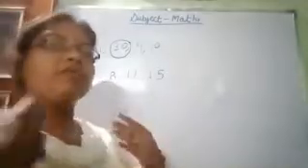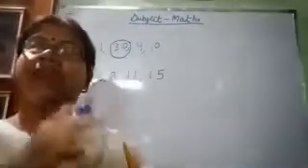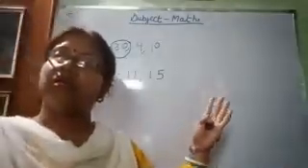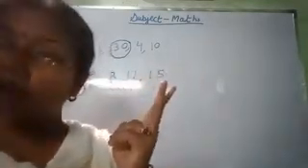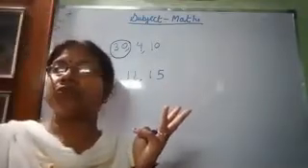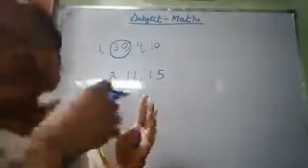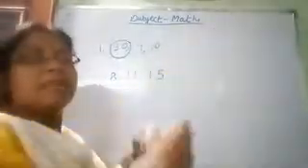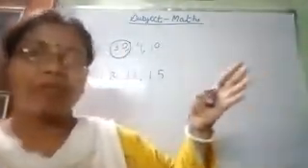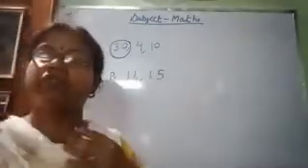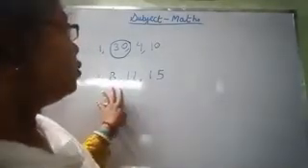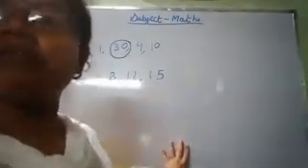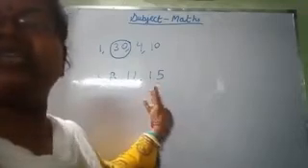Always remember, as we go forward in counting, the numbers become bigger and bigger. 1 is very small. 2 is bigger than 1. And 3 is bigger than 1 and 2. Then 4 is bigger. And when we come back, from backward counting, the number becomes smaller. So according to forward counting, 1, 2, 3, up to 15 here is written.